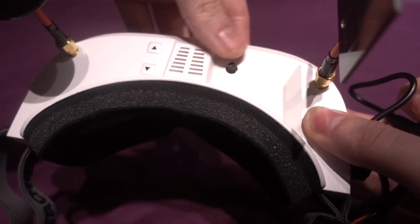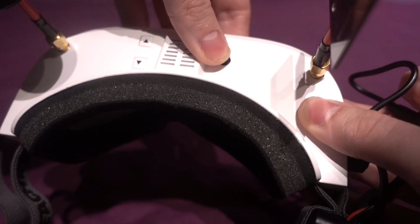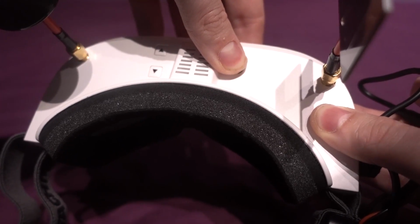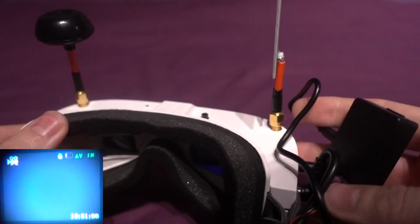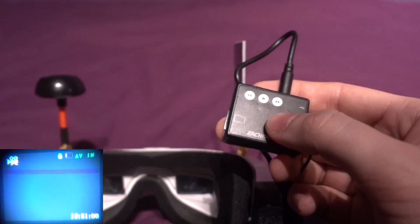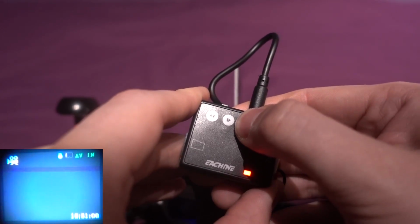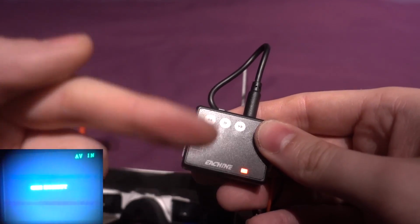So as I said before, you need to go to the AV in option. So it's just a long press of this button here for 3 beeps. So that's 1, that's 2, and that's 3, and it will go into AV in, and then you'll get a menu on the screen there. So from there you can long press the fast forward button, and then that will take you into the videos